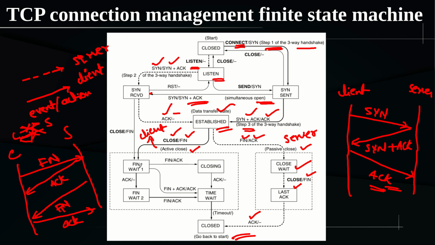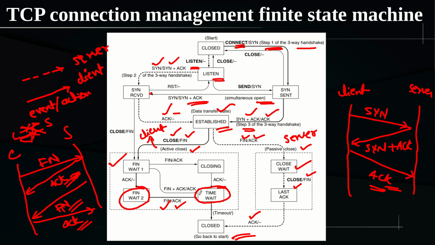In a similar way, initially it will be sending its first FIN packet, and it is in FIN wait 1, right? And it is getting the acknowledgement from the server, and it is not doing any action, and it goes to FIN wait 2, where it is waiting for the FIN request from the server. As soon as it gets the FIN request from the server, it will send back an acknowledgement, right? And it will move on to something called a time wait.